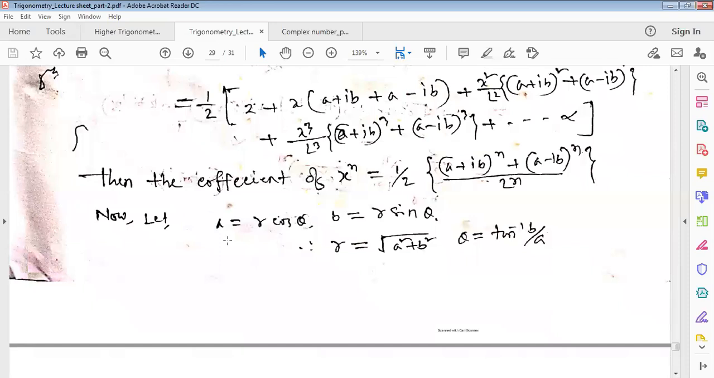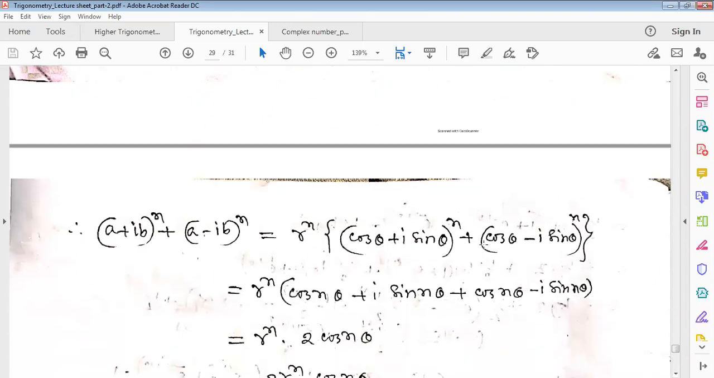Now let a equal to r cos theta, b equal to r sin theta, just Cartesian to polar form. Writing the polar form, a equals r cos theta and b equals r sin theta, r equals the modulus, square root of a square plus b square, argument theta equals tan inverse b by a. Now (a plus ib) to the power n, (a minus ib) to the power n, just putting a and b from this,